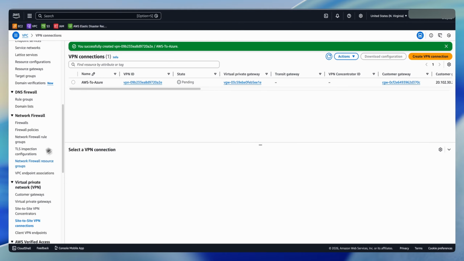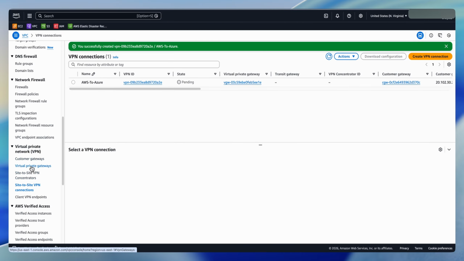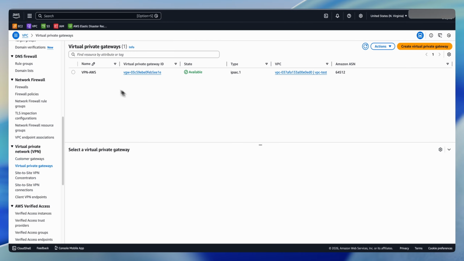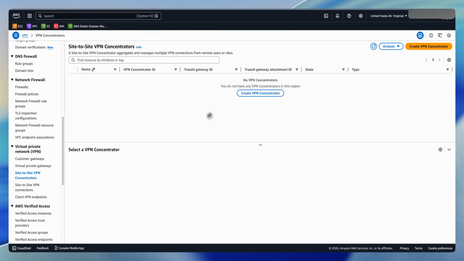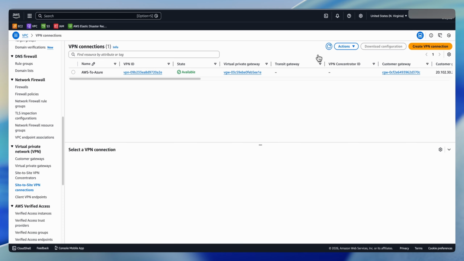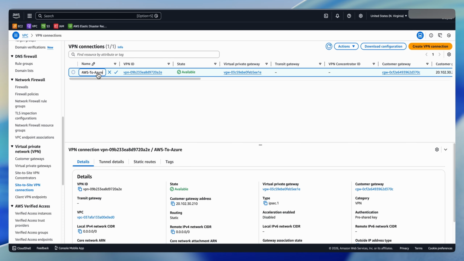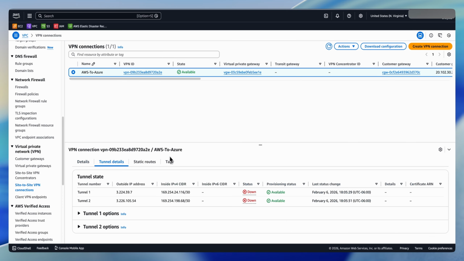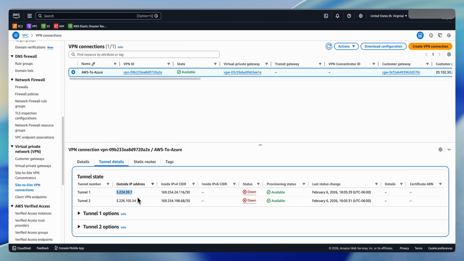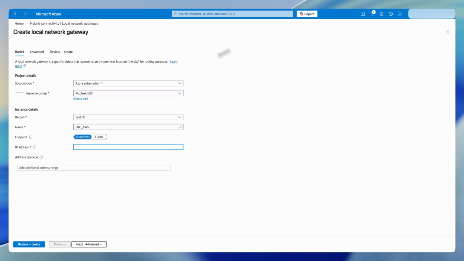So here on AWS, as I told you, I have everything created. If you want, we can see in another video how it would be to create a VPN here on AWS. But for now, we're gonna focus on the Azure side. So here are the public IP addresses of the AWS site. I'm gonna copy this one for tunnel one,